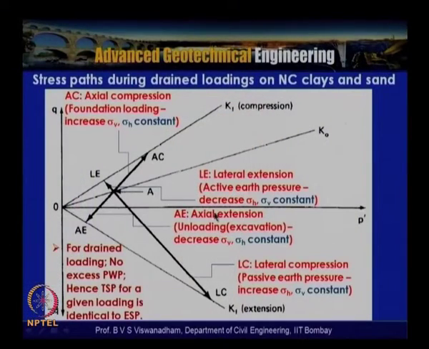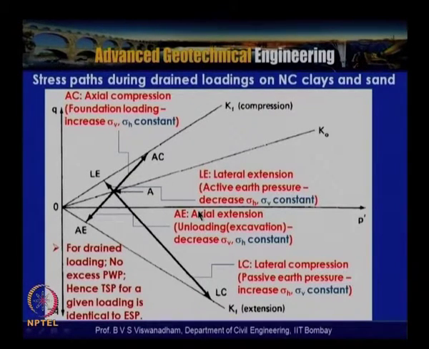So in this case we have different stress paths which are listed here, and this is our K axis, K equal to 1 axis, and this is the KF line for compression, and this is our K naught line, where we just now discussed sedimentation and consolidation, which happens under K naught conditions. And this is the KF line for the extension case. This we have already introduced.